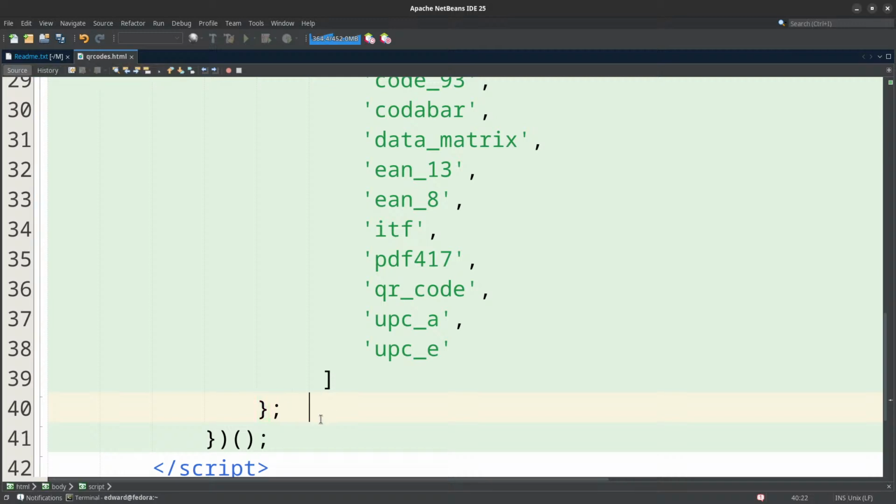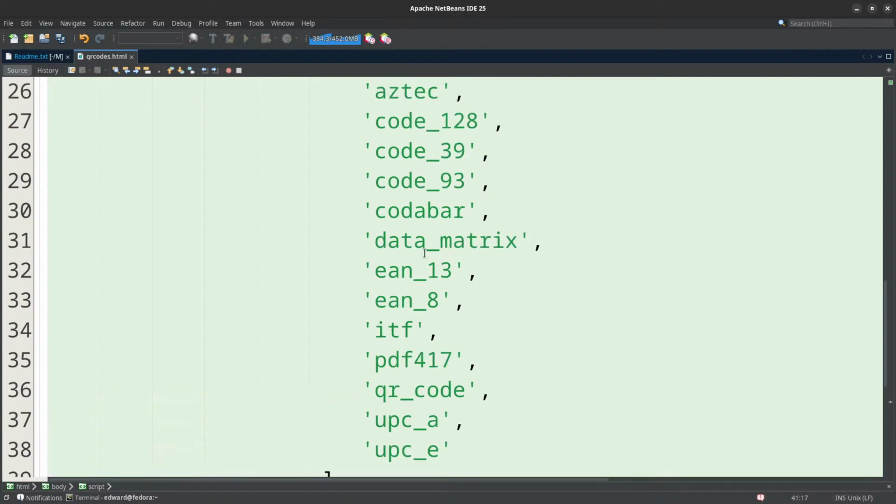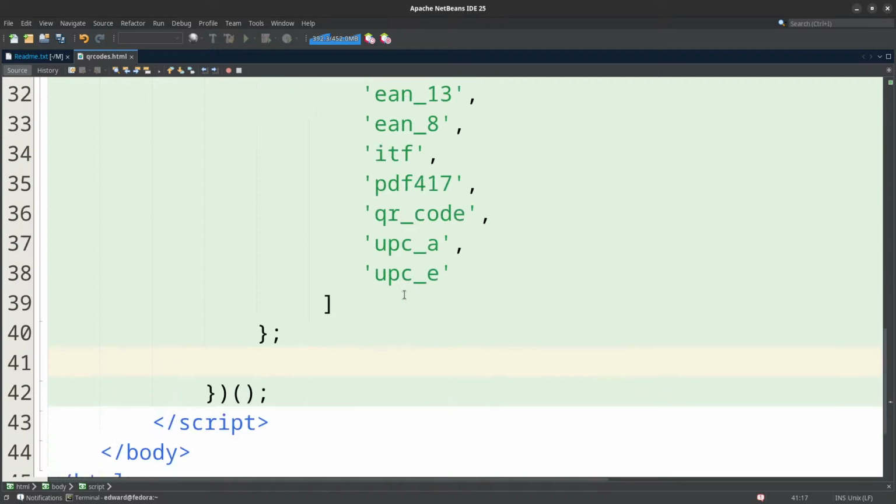Okay, so really all we need for this one is just the QR code. But I put them all in there because depending on how you created your barcodes, because this is going to read all types of barcodes. So the next thing we need